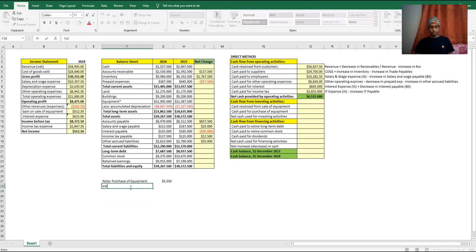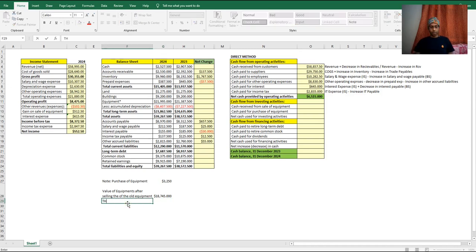So value of equipments after selling of the old equipment, if you wrap the text, value of equipments after selling the old equipment and before purchase of the new equipment, this is equal to this value minus whatever value for the purchase of the equipment was, right? This was the value,